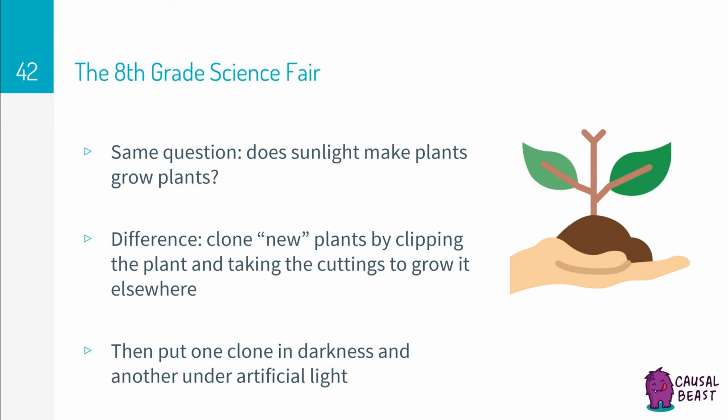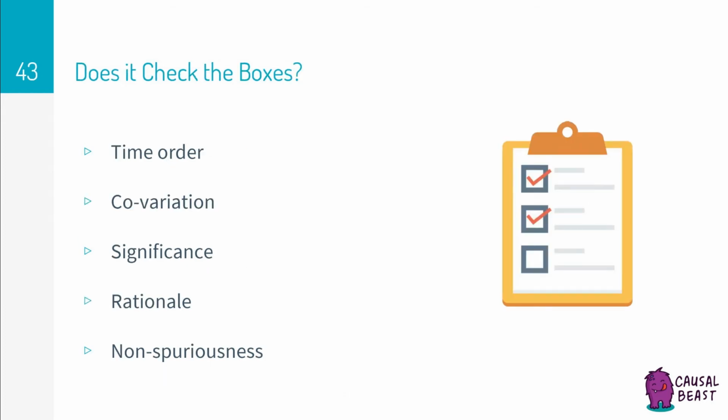Well, not quite. We have to go through our causal inference checklist to be sure. Time order. Does the cause occur before the effect? Yes, because we measured the average growth of the plants after we had already placed the two groups of plants into their respective treatment statuses, one with light and one without the light. Covariation. Is there correlation between the treatment variable and the outcome variable? Yes, because the plants treated with light grew more than the plants that were not treated with light.